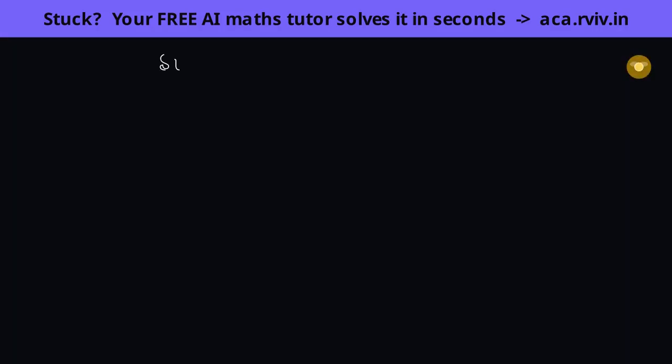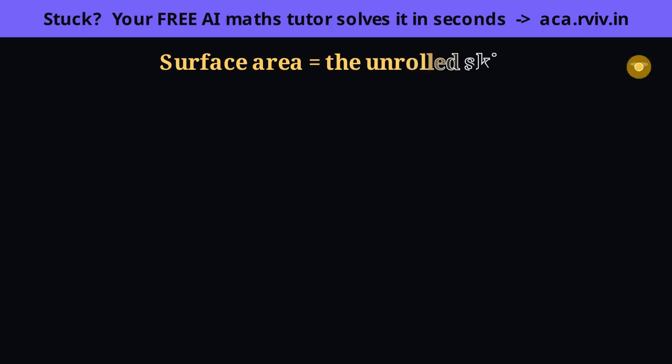But let's step back and ask a deeper question that most students never stop to ask. What is surface area, really? And where do these formulas we memorize even come from? Here is the beautiful answer. Surface area is simply the flattened skin of the solid. Imagine taking a pair of scissors, cutting the skin, and laying it out perfectly flat on a table. Whatever flat shape you get, its ordinary area is the surface area. The formula is never a magic spell to memorize, it is just the area of that flattened shape, written down.